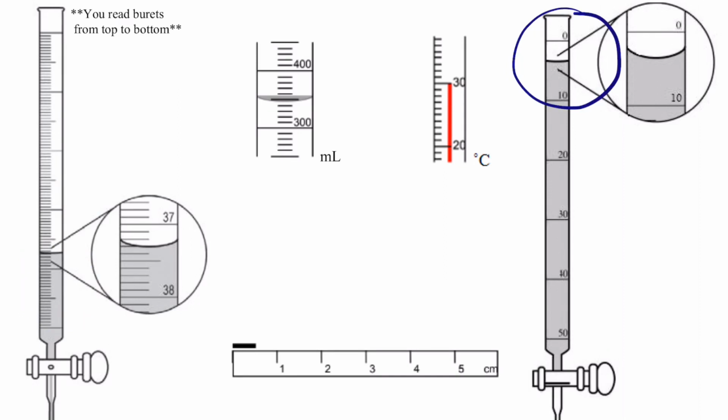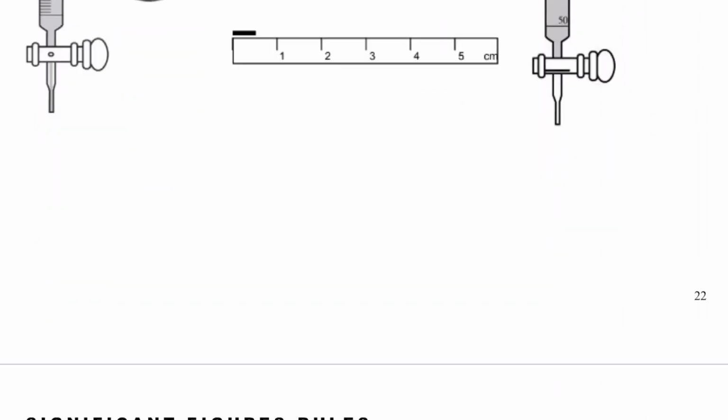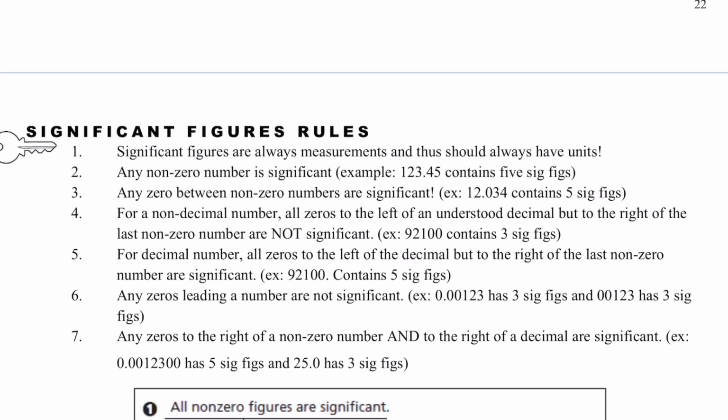Okay, and when we combine measurements, we can only be as good as the worst measurement device that we had. Okay, and so I'm going to go through the significant figures rules. We'll come back to why this is important at a later time, but we want to make sure we get